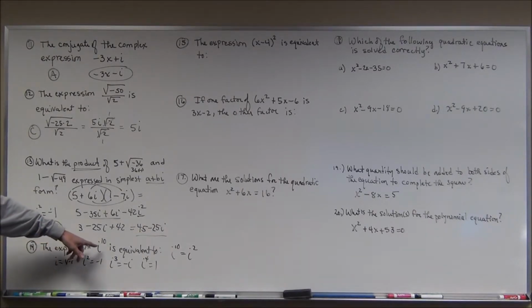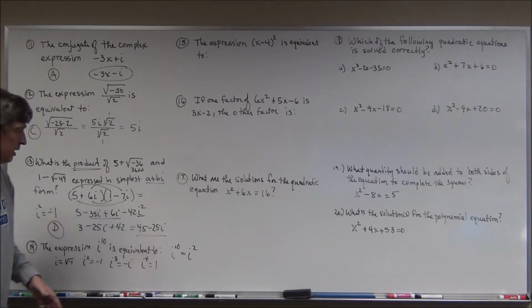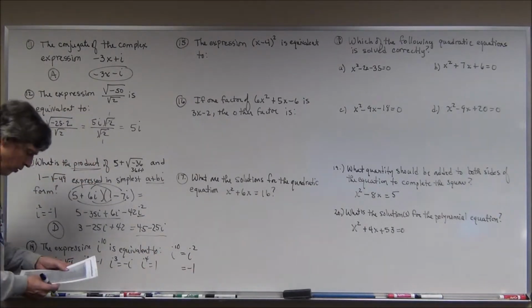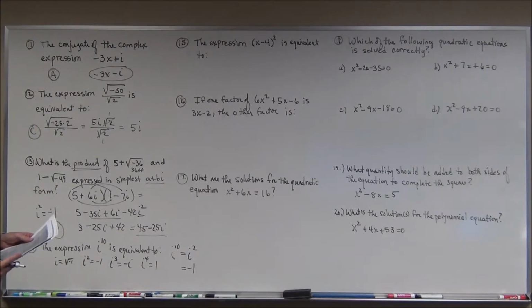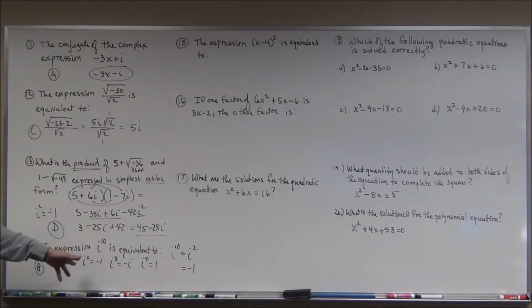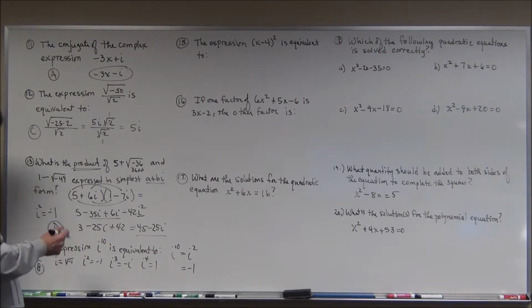And so what happens here is i to the 10th is equivalent or equal to i to the 2nd, which is -1, and hopefully that's one of the choices there, and that's answer B. Okay, now if this was a -10, all right, well, I'd be a little more careful here. Now, as it turns out, it would still work as far as the division, but what I would probably approach